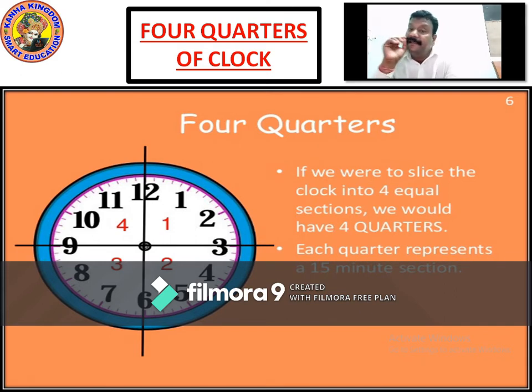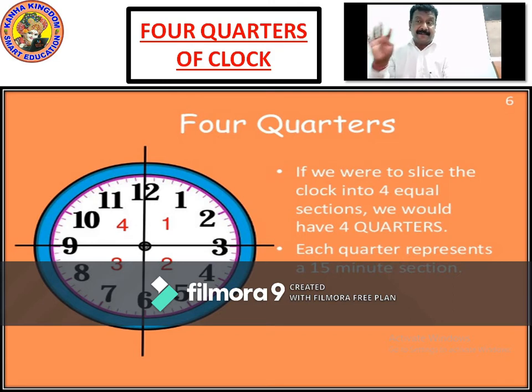For your understanding, if you divide the center and horizontal, there are 4 equal quarters now. When half is divided, it's called a quarter. Full is 1, 2, 3, 4, 60 minutes. Half is 30 minutes. Quarter is 15 minutes. So 15, 15, 15, 15, that's totally 60 minutes. For an hour, if you see it as 4 quarters, the first quarter is 1 to 3.